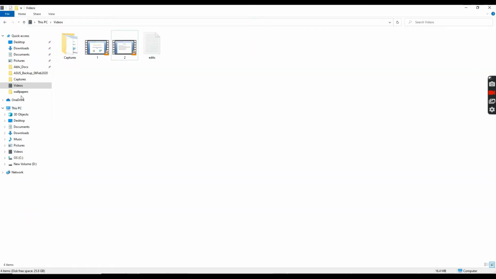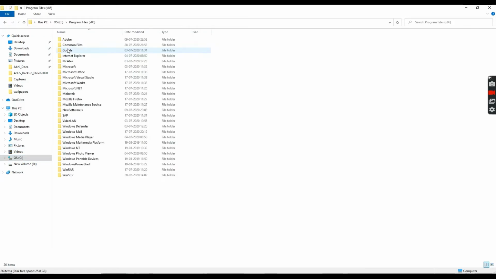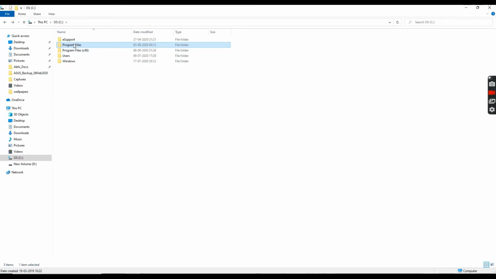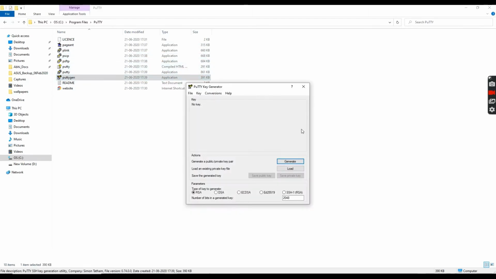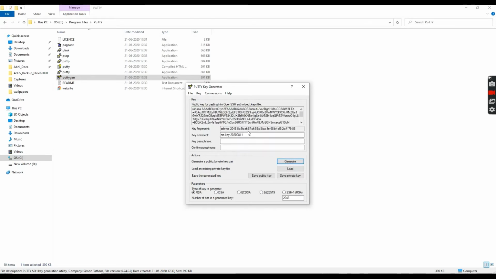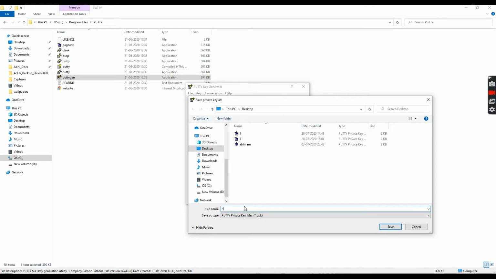So now I'm going to go to Putty, and then click on PuTTYgen, the generate option, and we have the key file generated now. Okay, then save private key. Yeah, I want to save the private key without a passphrase. Yes, and give the name. Just give the name, whatever. Save,